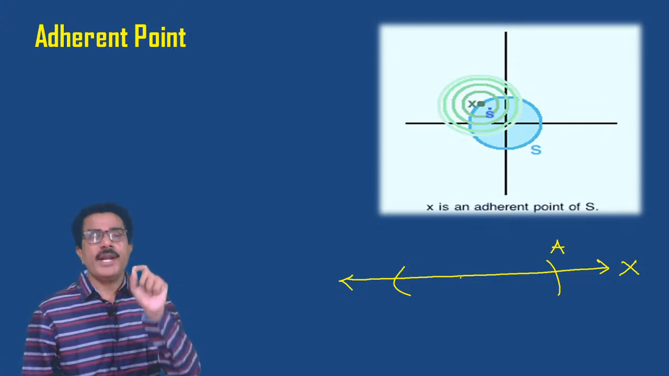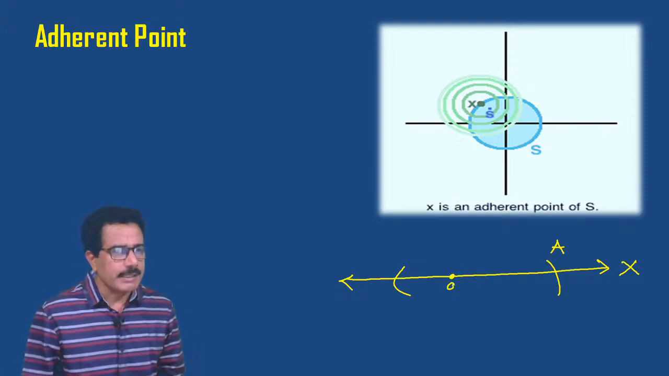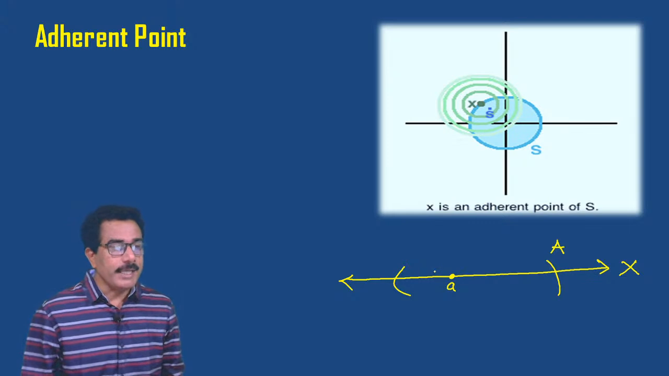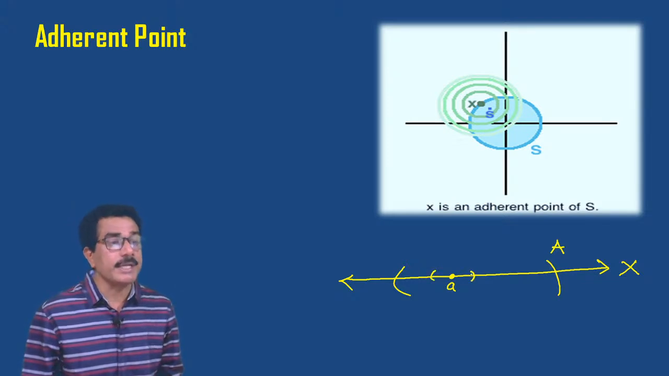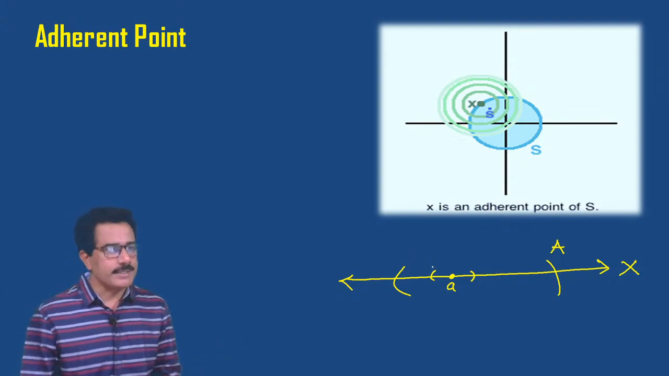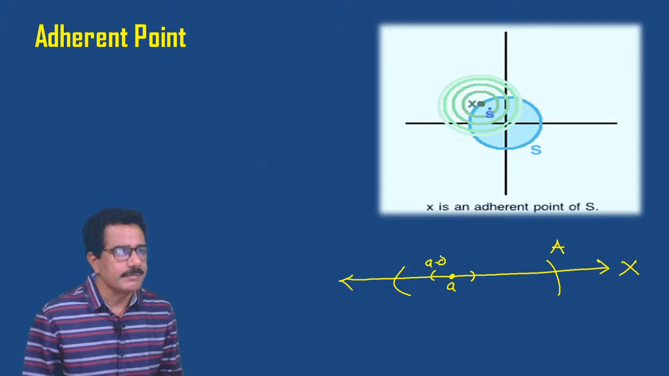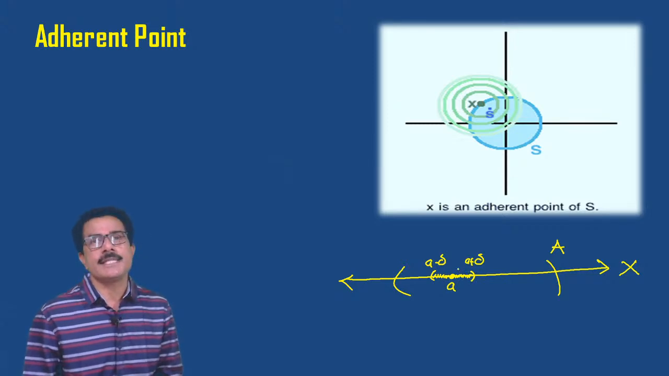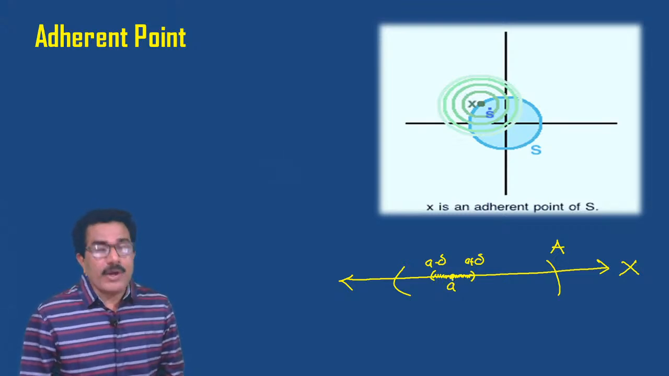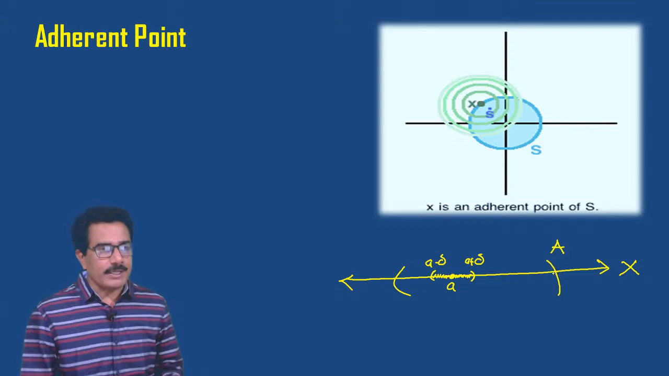Now, a point small a is said to be an adherent point of a set A if there exists a neighborhood. We consider a delta neighborhood, meaning this point is a minus delta, this is a plus delta, then this part is the neighborhood of the point a. This is an open set, a minus delta, a plus delta. A point a, small a, is called an adherent point of a set A